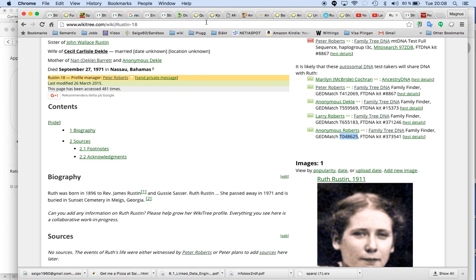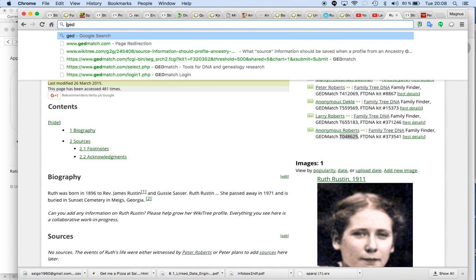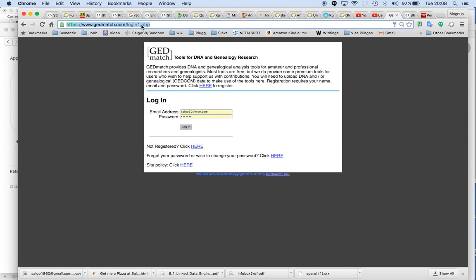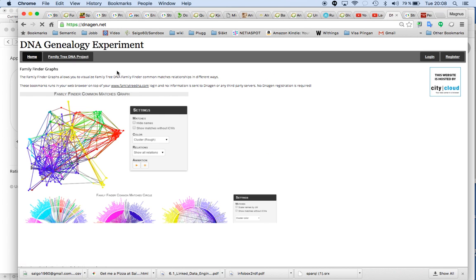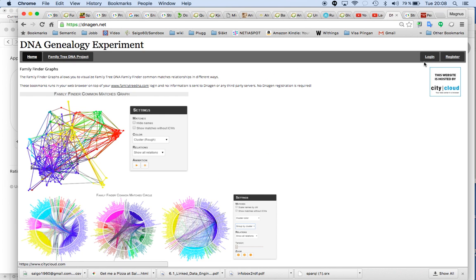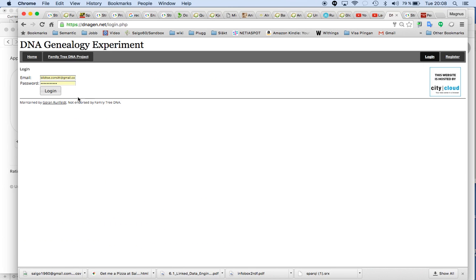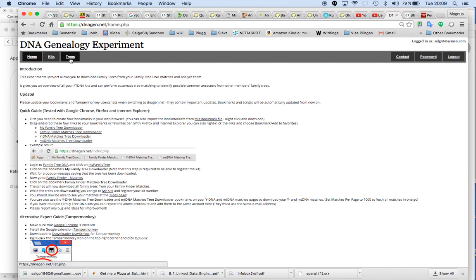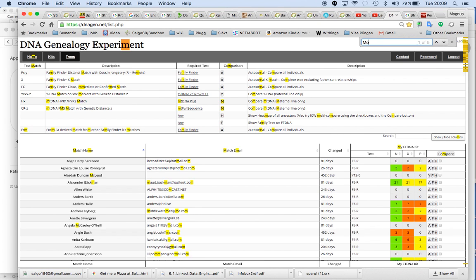The person who did this tool. This magic tool. Where you can combine, display more people on